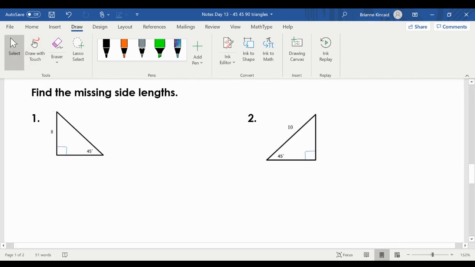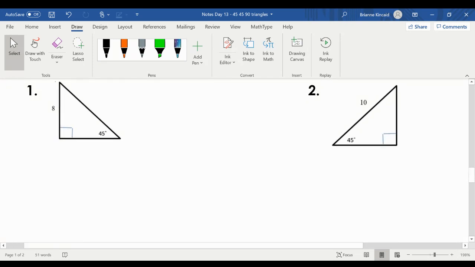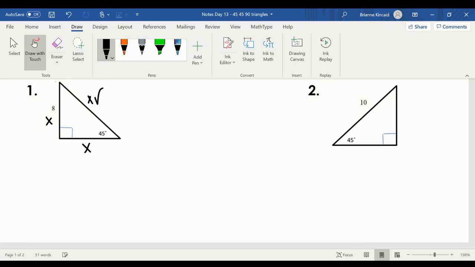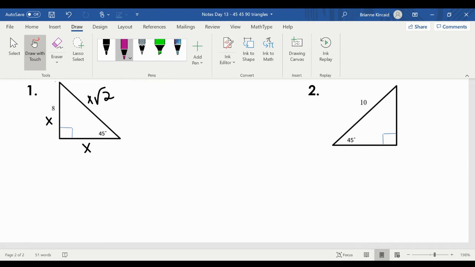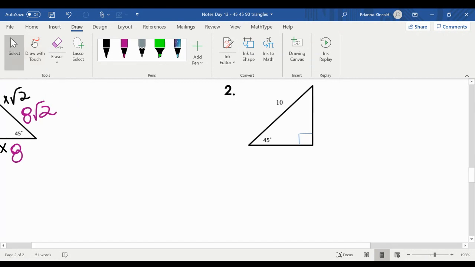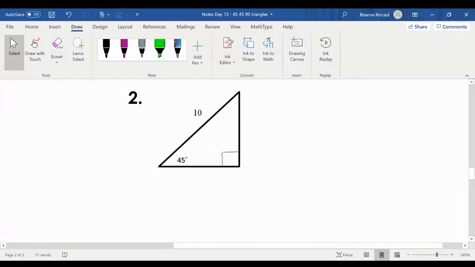Alright, so a couple more examples. What I'm going to do first is I'm going to label my sides. This is x, x, and x radical 2. You are given the leg in this one, so this side is 8, that means this other leg is 8. And then that's your x value, you just plug it in to find the hypotenuse, x radical 2. Next example,